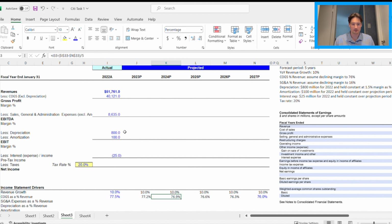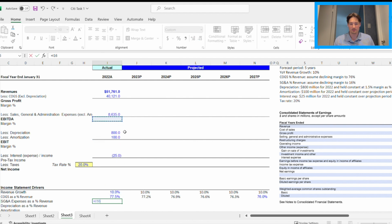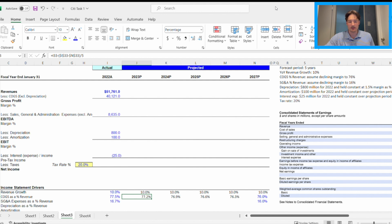There we go. So that's down by 0.3. Great. Cool. So SG&A as a percentage of revenue, we will have a number that's percent of revenue for this existing year. So with the SG&A line, once we have the 16.7% as margin sort of as a percent of revenue, then we can just copy these down, because that will bring this down to,